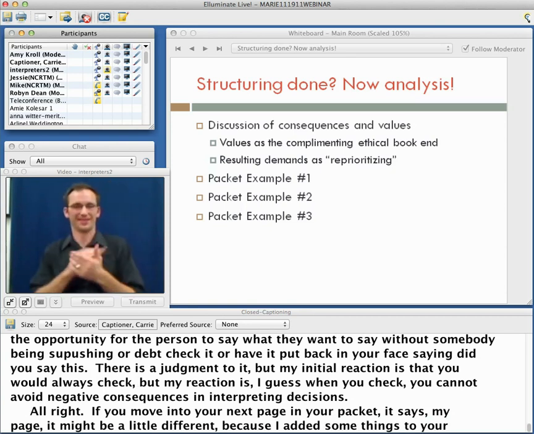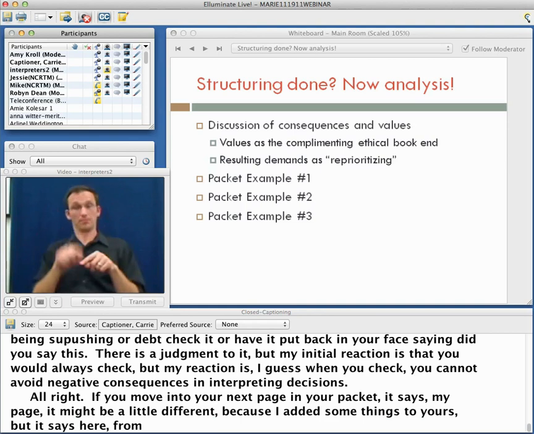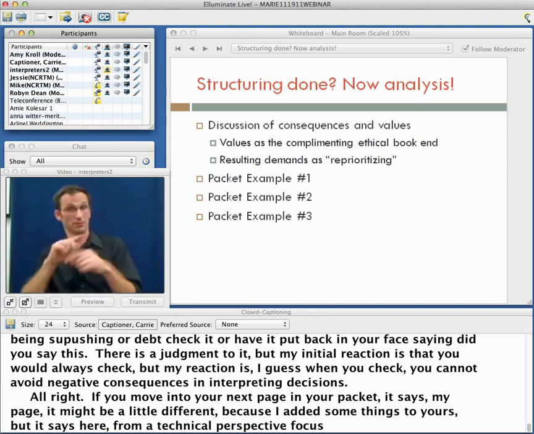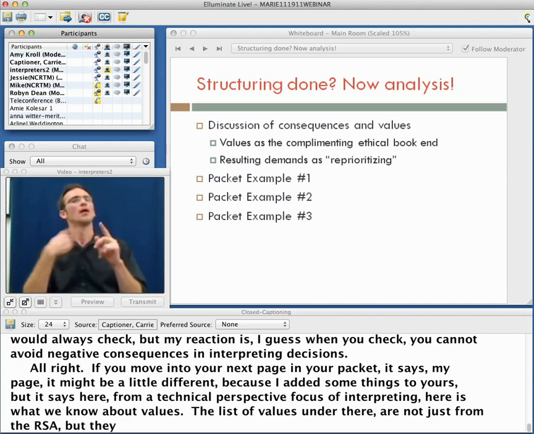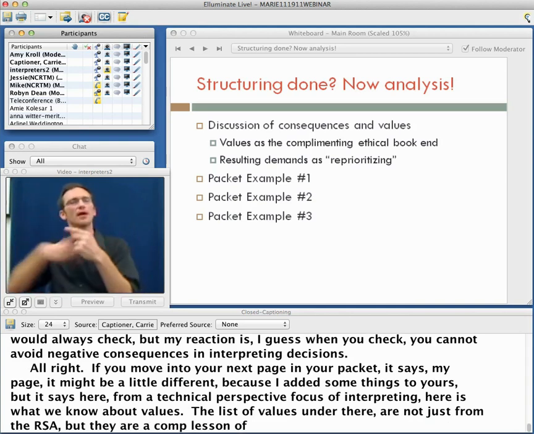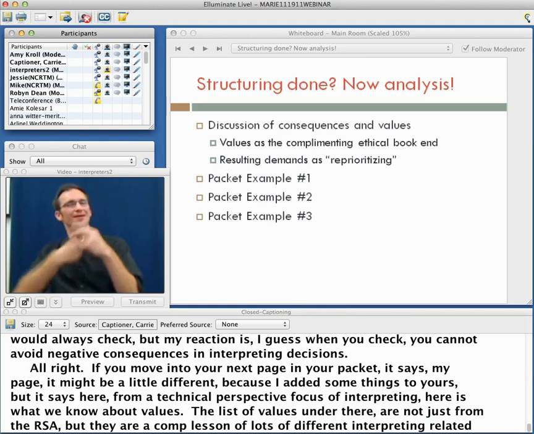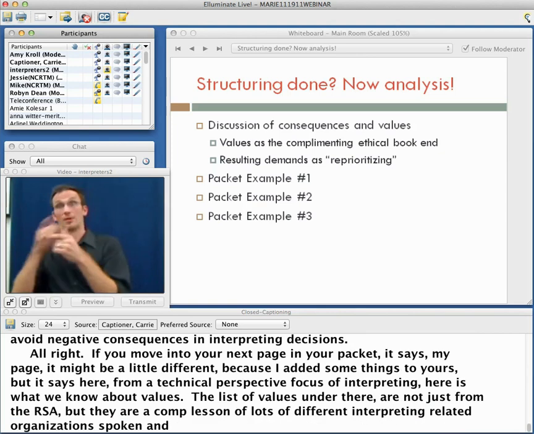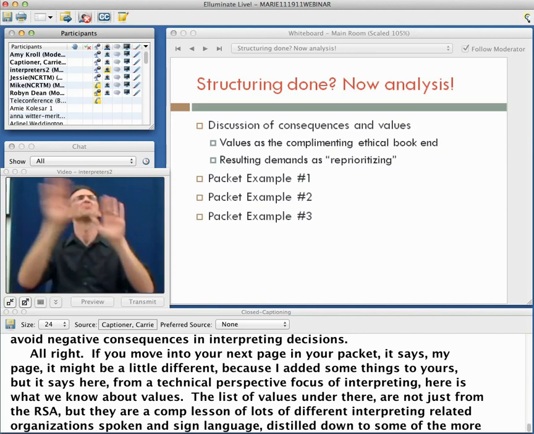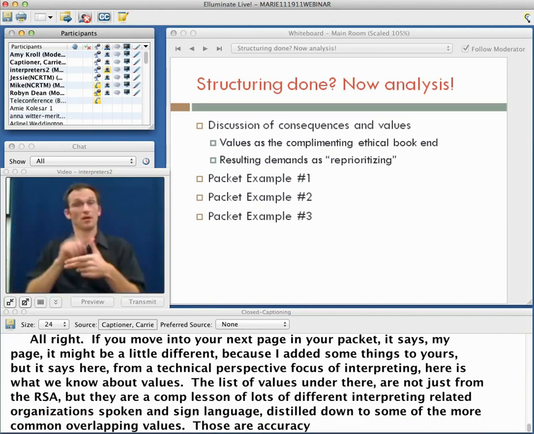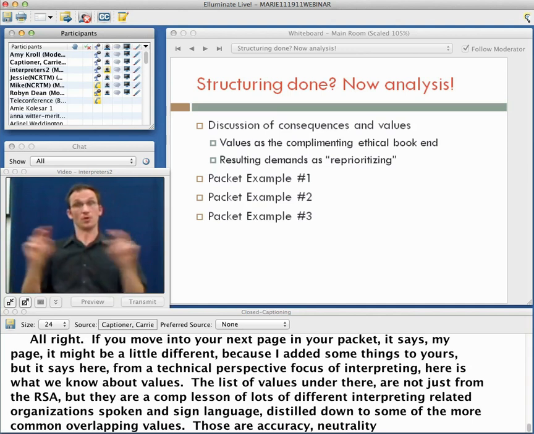But it says here, from a technical perspective focus of interpreting, here's what we know about values. Now, the list of values you see under there are not just from the RID, but they're actually a compilation of lots of different interpreting-related organizations, spoken and sign language, distilled down to some of the more common overlapping values. And those are accuracy, neutrality, fidelity or truthfulness,